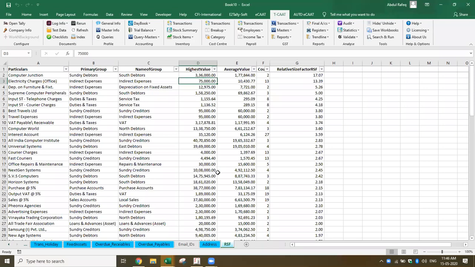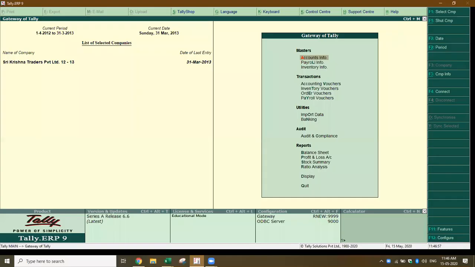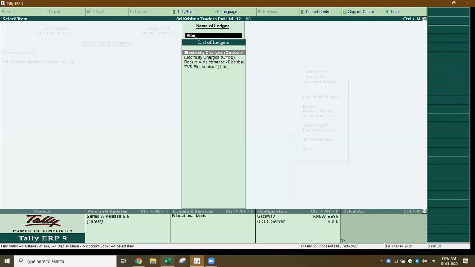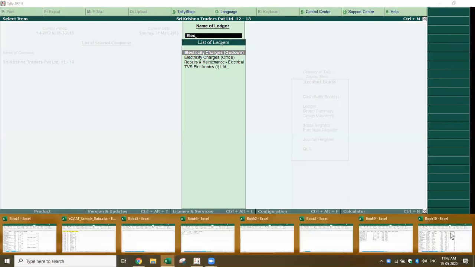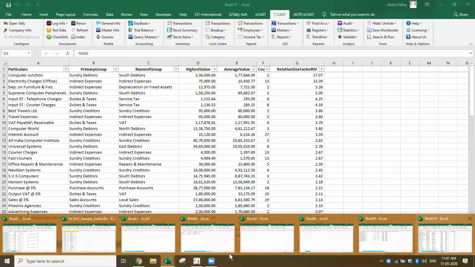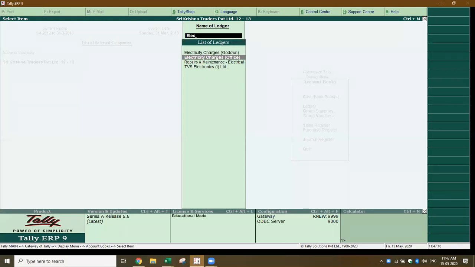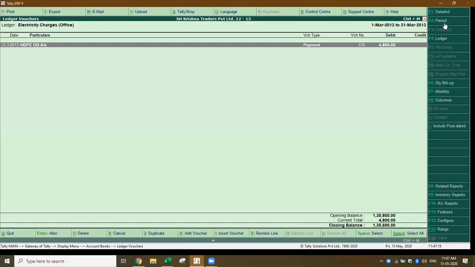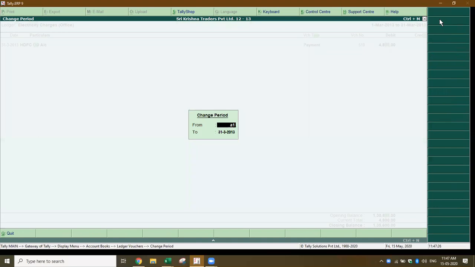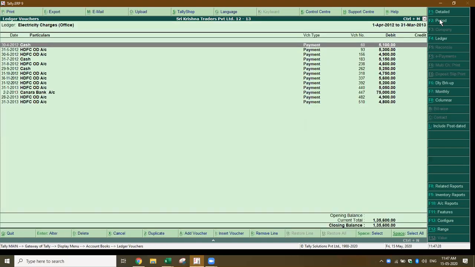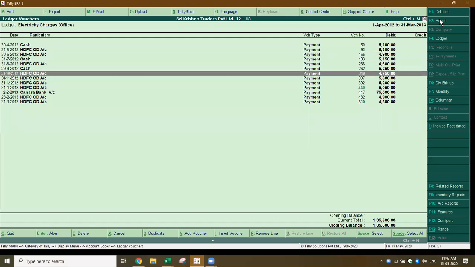Then you'll be able to find out that actually, now if I go to Tally, let's say I come to Tally here, and I go to electricity charges. There are two electricity charges here. Electricity charges office. Okay. I pick up electricity charges office. I change the period here. Okay, A12, March 13. Yeah, now if you see here, I'll be able to immediately find out that this transaction